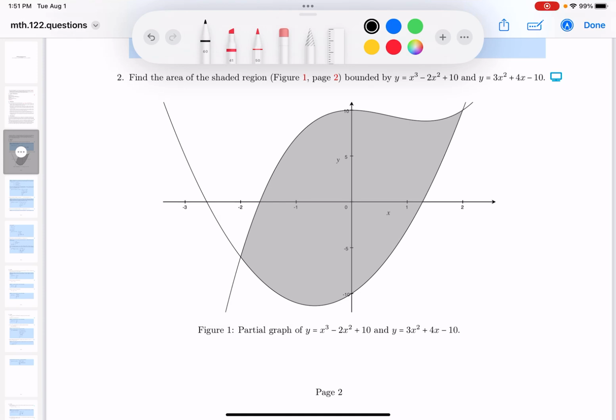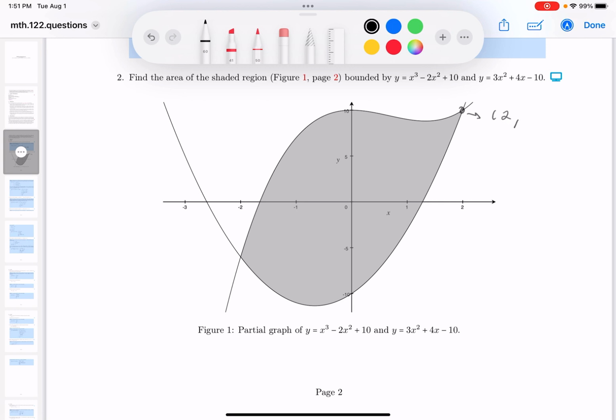Okay, number 2 says find the area of the shaded region. I clearly see that. It's figure 1 on page 2. It says it's bounded by 2 separate curves over here. One's a cubic, one's a quadratic. Looking at it, I don't know. I'm going to look at this point over here, and I'm going to say it roughly looks like the number